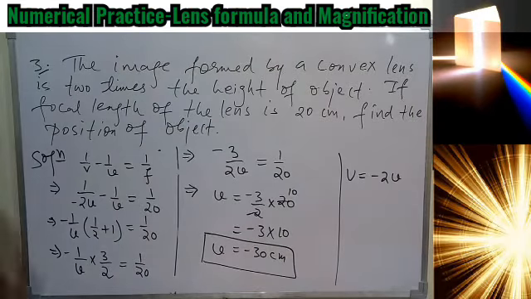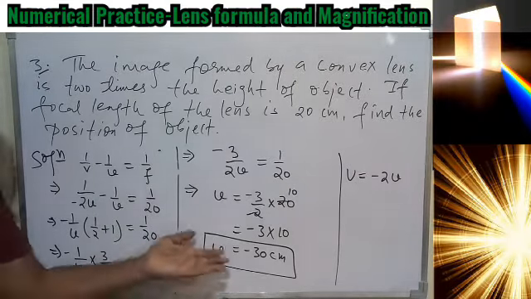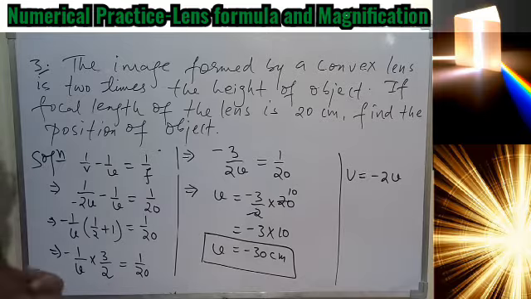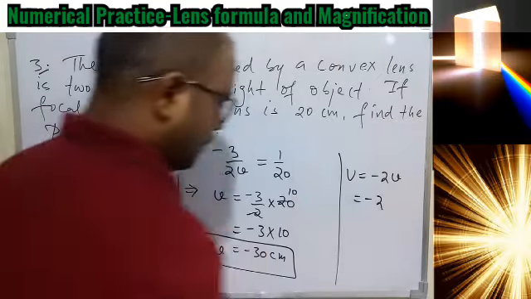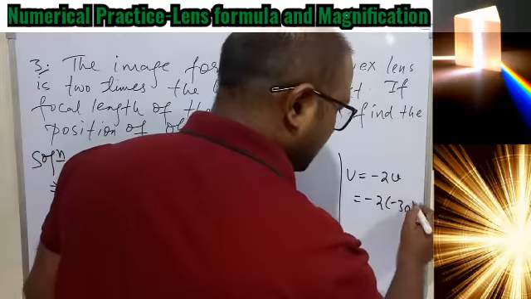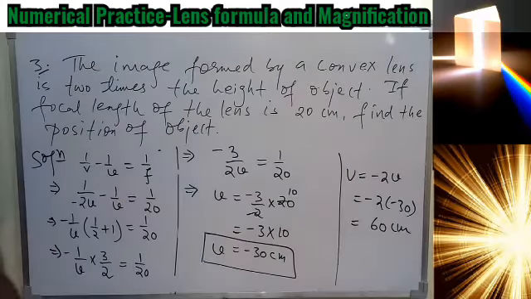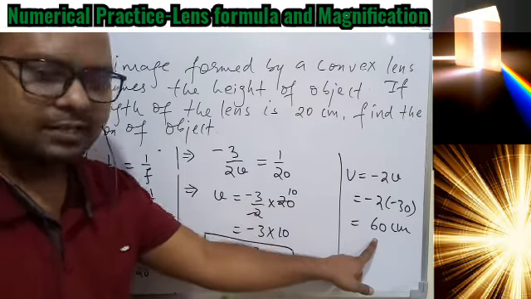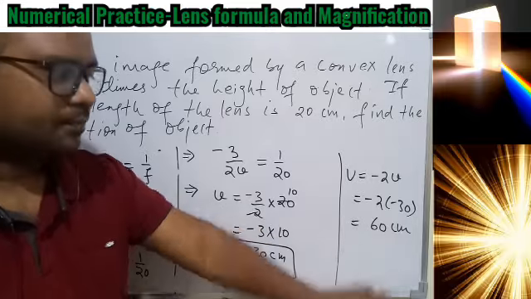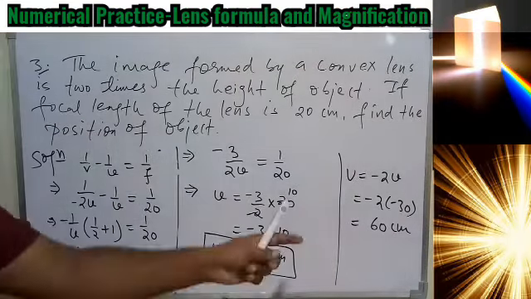If the image is real, in this case, then the object is placed at a distance of 30 centimeter, and we are getting negative because we know object distance will always be negative. And based on this you can also find the image distance. Because this is 2 and u is minus 30, that will become 60 centimeter. You can verify that if the image is real, it is positive, because a positive image will be on the right hand side in the case of a lens, and that's why it is coming positive. So we can say the image is real, and that distance is 60 centimeter.